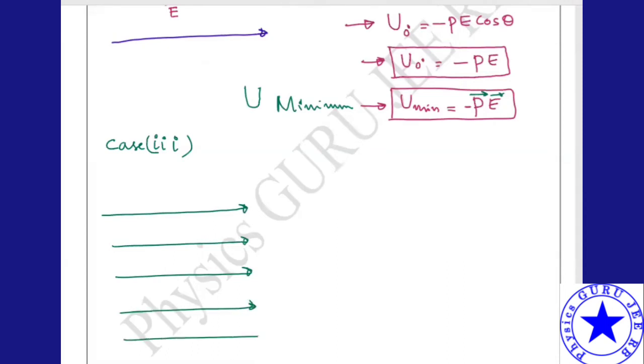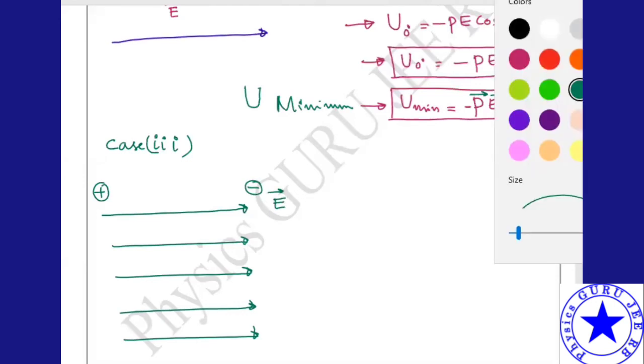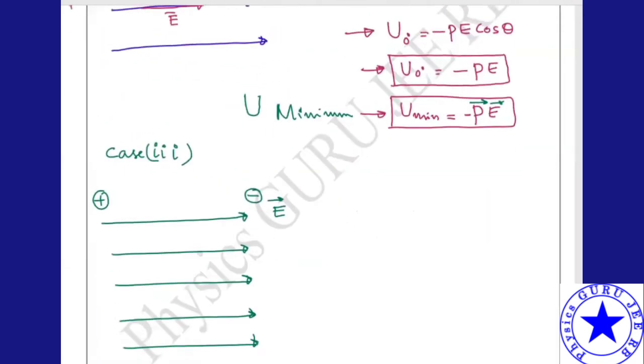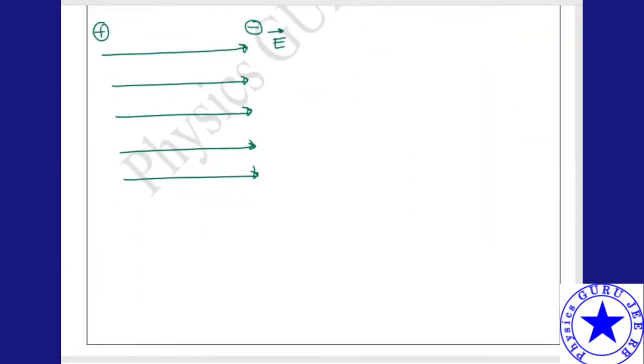There's nothing but the direction of the electron. Now I'll place it, here it is positive to negative, right? So I should place an electric dipole such that theta makes an angle of 180 degrees. Now how to place a dipole such that it makes this angle? Can anybody tell me how to place it? I should place plus q here, and minus q here.